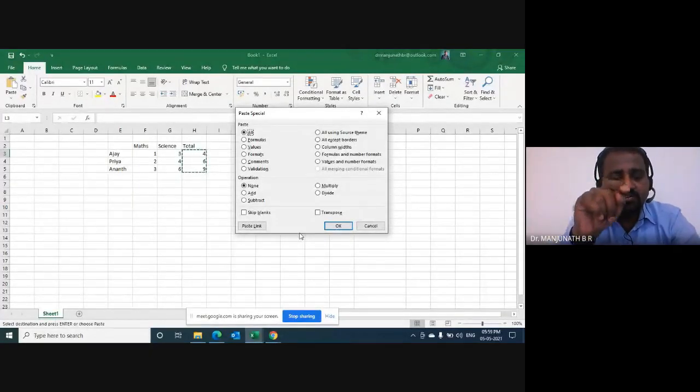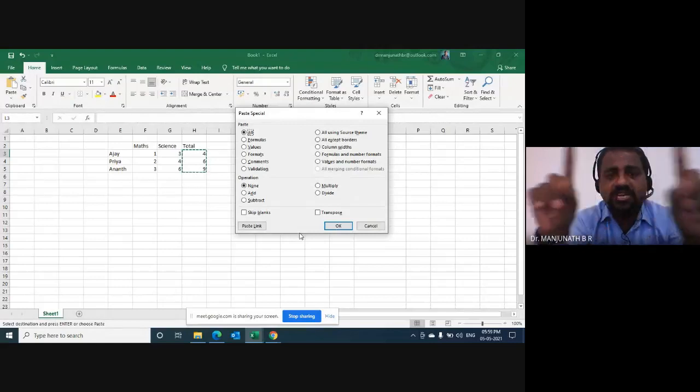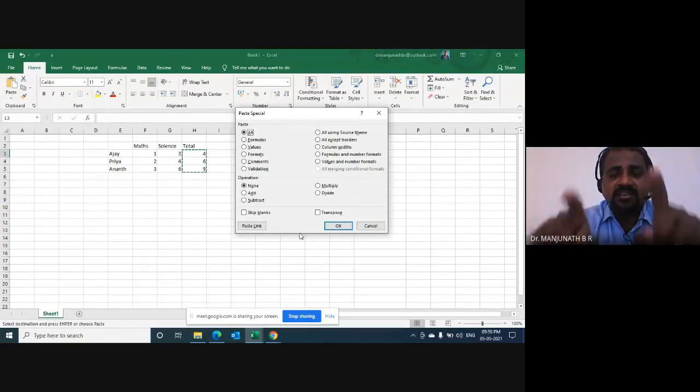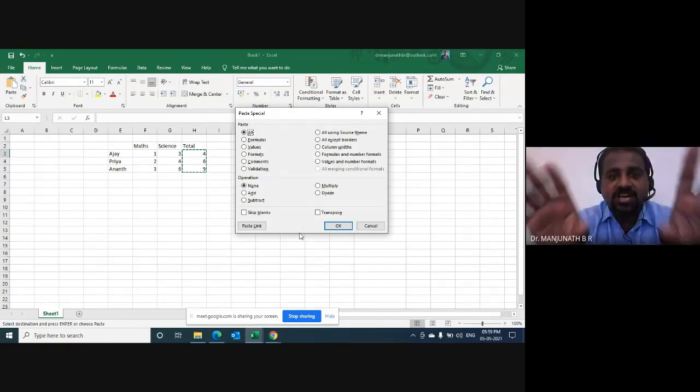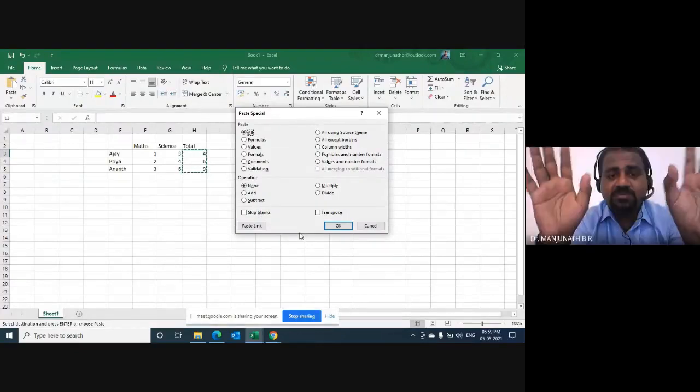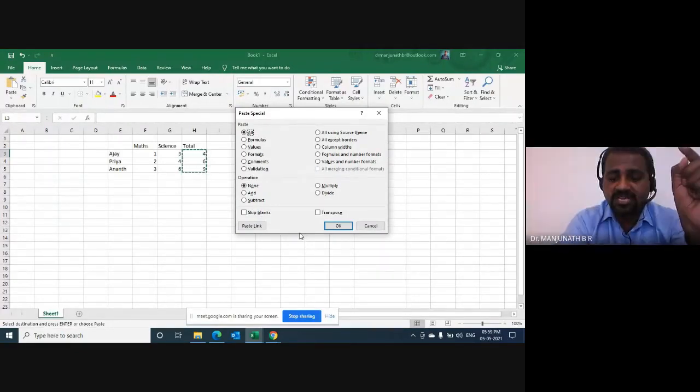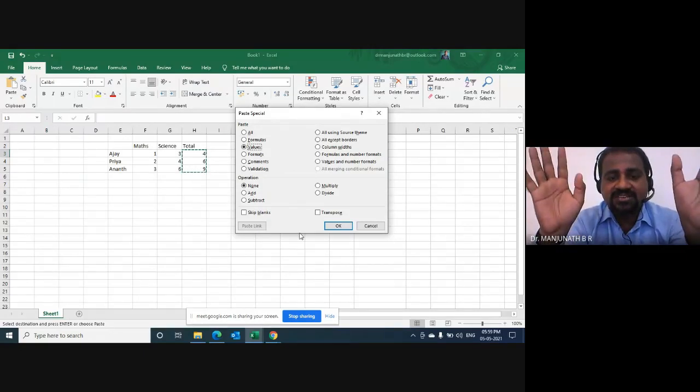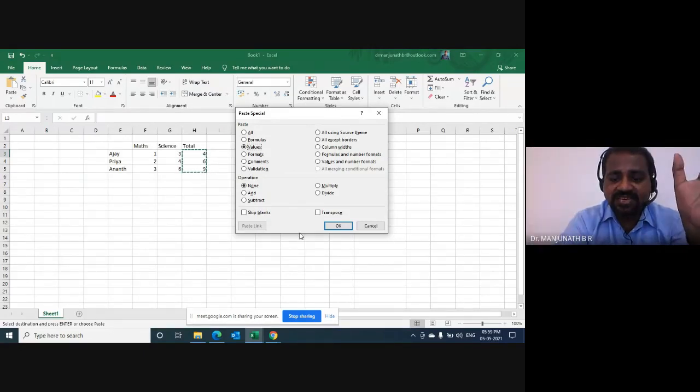The moment you do Control Alt V, you should get this window that I am getting. Have you got this window? Yes, sir. Now you will not be using a mouse or a touchpad. You will use the down arrow key, select values, and then press Enter.